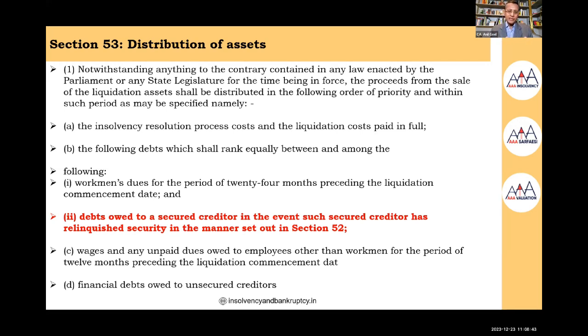Mostly indirect creditor, because the direct creditor will come under the operational creditor, meaning anyone who has given a loan to the corporate debtor. Of course, when we go ahead, we also see clause D, which says financial debt owed to unsecured creditor. The financial debt is defined under section 5, subsection 8, a detailed definition. And in that detailed definition, the corporate guarantee is also covered as a financial debt.